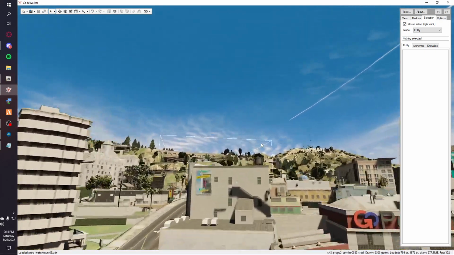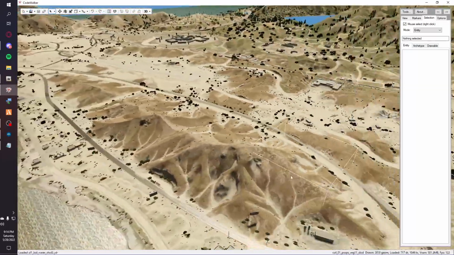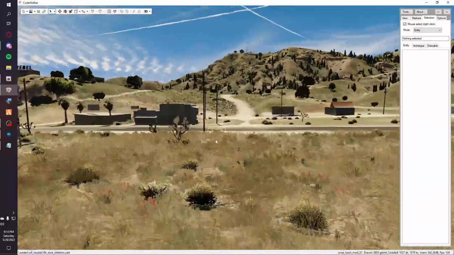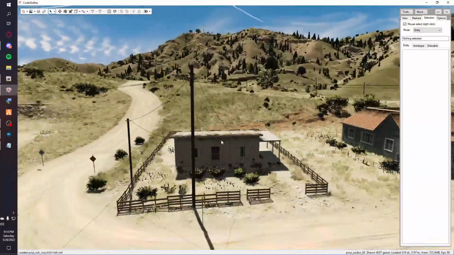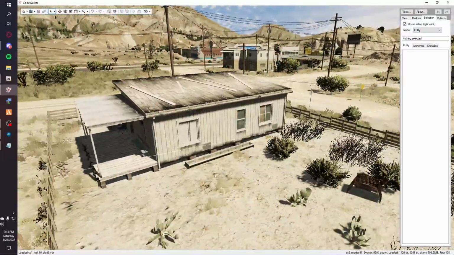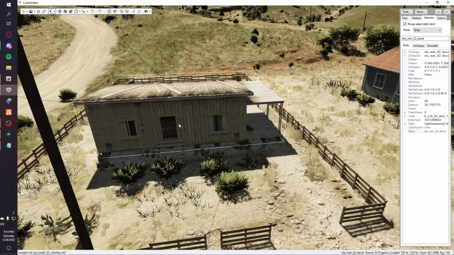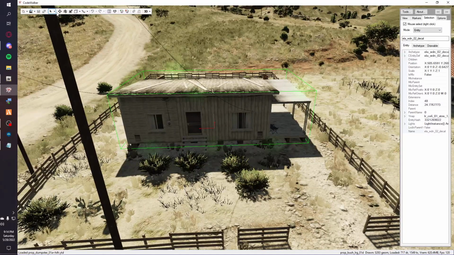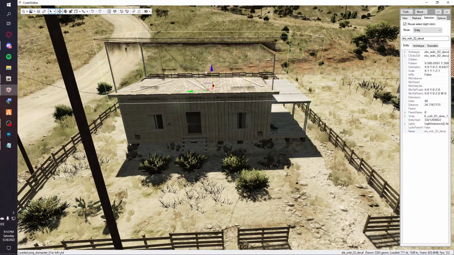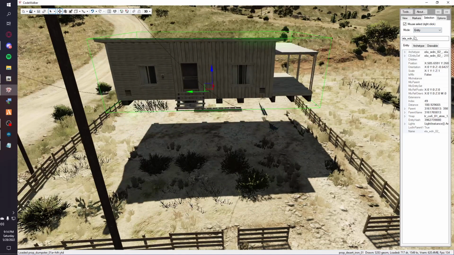Okay, so we're going to be doing one in Sandy. You can hold shift and use your scroll wheel while clicking to free cam around. We're going to be doing this one since it's very simple and it's going to have 2 entrances. Okay, so we're going to right click to select it since we turned this on, and that's going to be the decal, so we can pick that up, bring it down under, and then pick up the house. We have the name, that's the house. Okay, so we're going to copy the name,